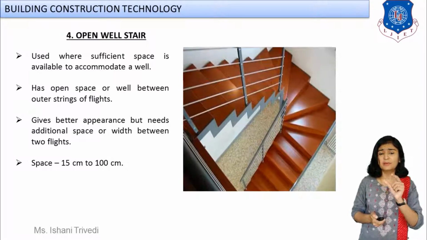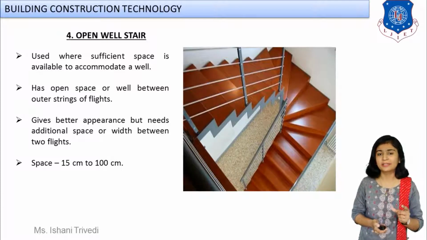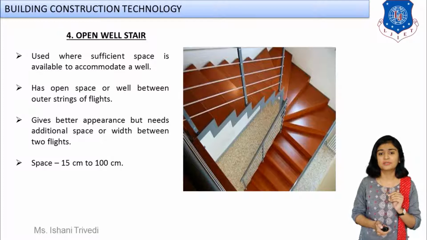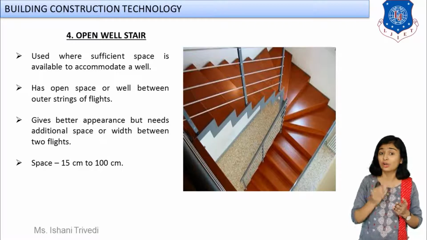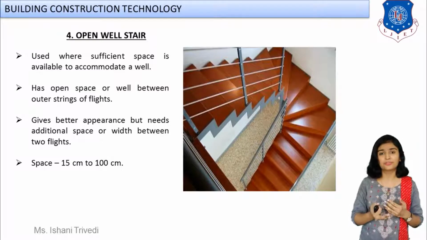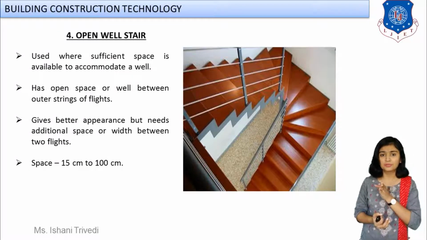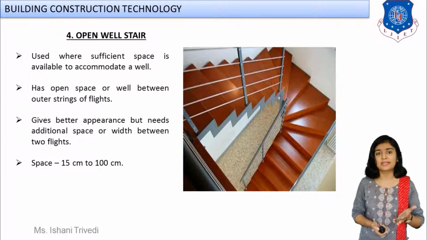Okay, now what is the amount of space provided in between? It is generally 15 cm to 100 cm depending on the space available. Now look at the second image flashing over here. Can you see that how open well stair appears? You have seen this in your day-to-day life at lots of places. But because the names are a little bit weird, it would be difficult for you to understand. But look at the image flashing over here. Now you can also see that here winders are also provided in between. Can you see that? For the full turn, winders are provided. There is a space between the two flights, and this makes your open well, one more variety of open well stairs.